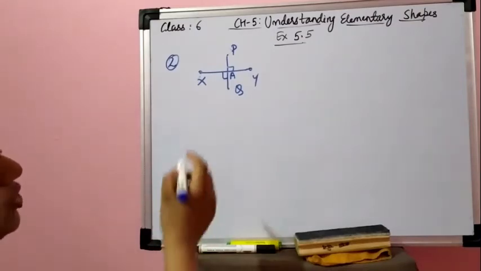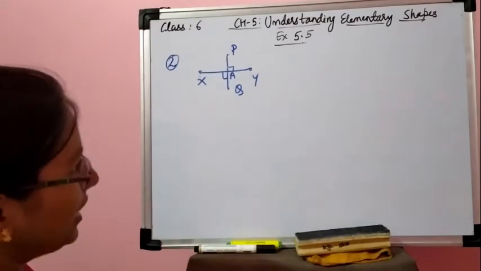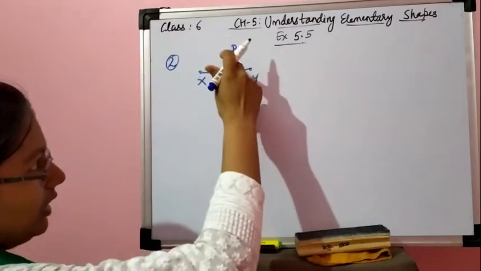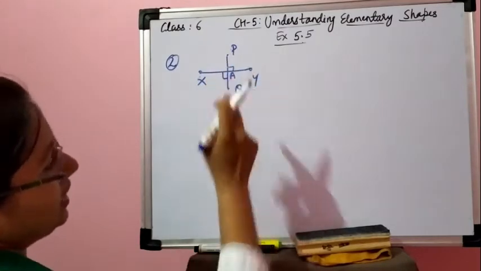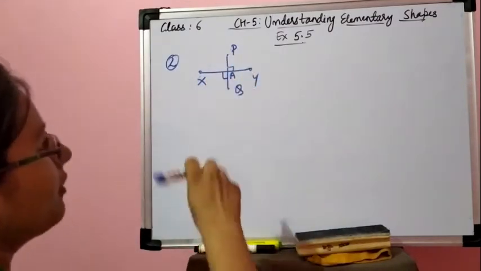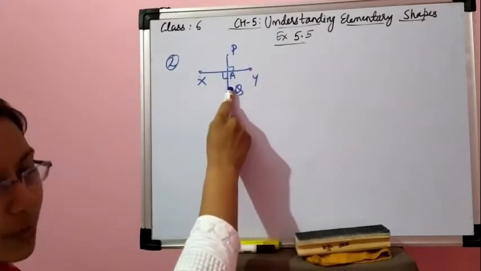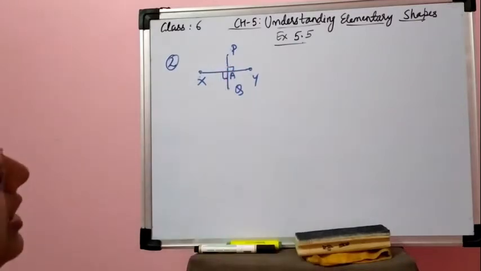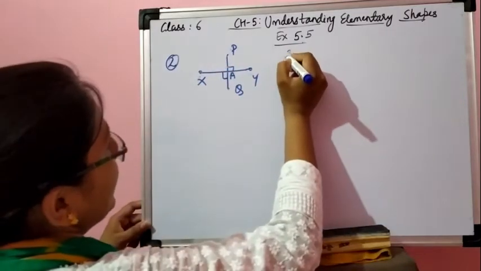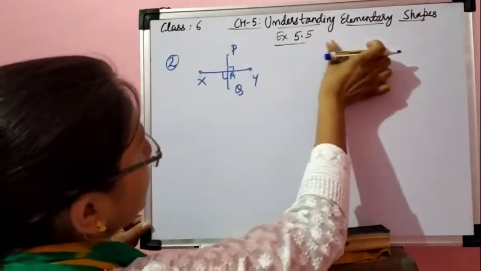Now what is the measure of angle PAY? It's obvious and very clear that if one angle is 90 degree, then all four angles are 90 degree. Why? They will be vertically opposite angles, so it will also be 90. They will form a linear pair, so it will also be 90 degree. So what will we write? Therefore, angle PAY